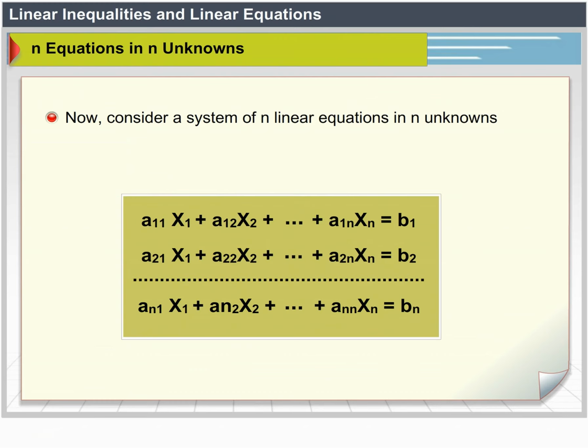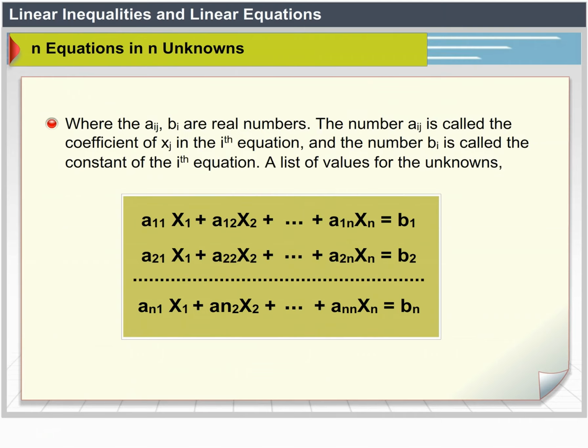It goes up to an1x1 plus an2x2 plus, up to annxn is equal to bn, where the aij, bi are real